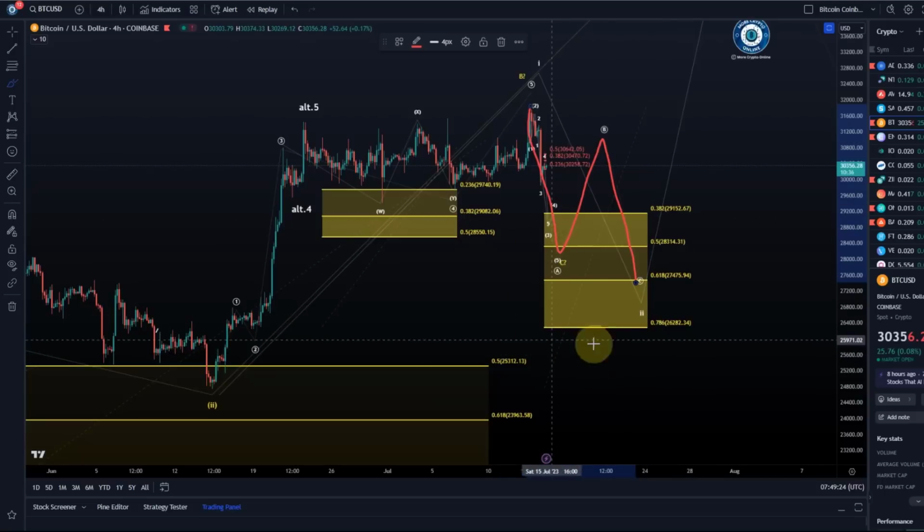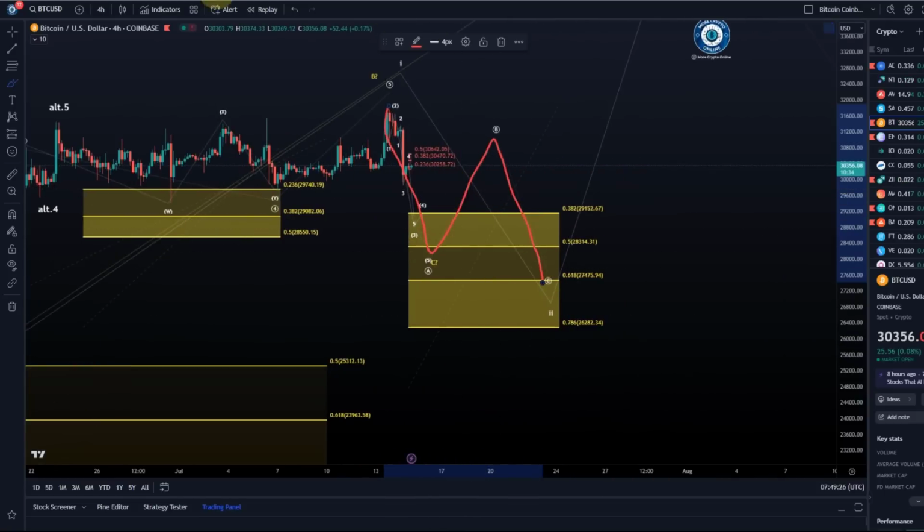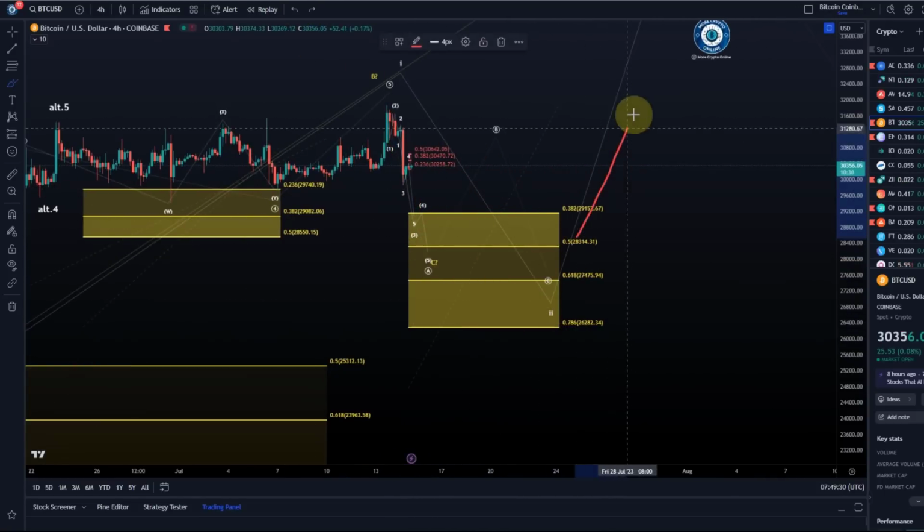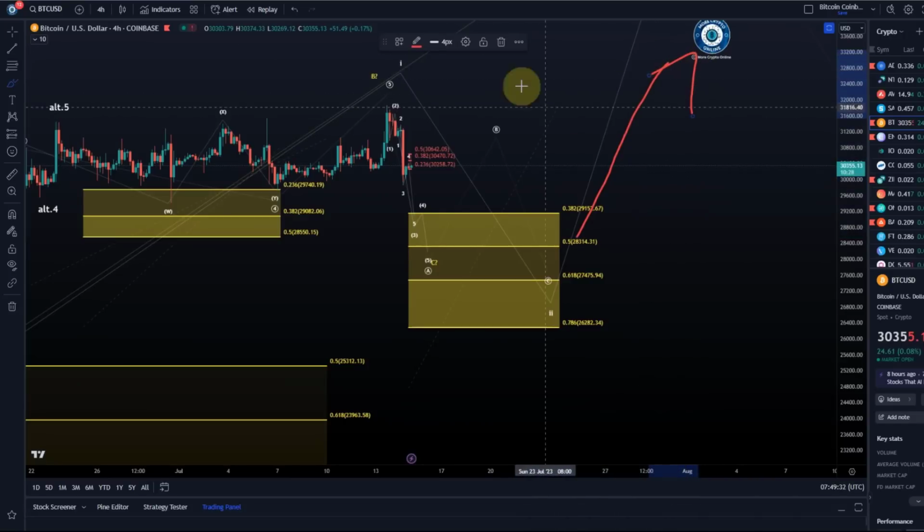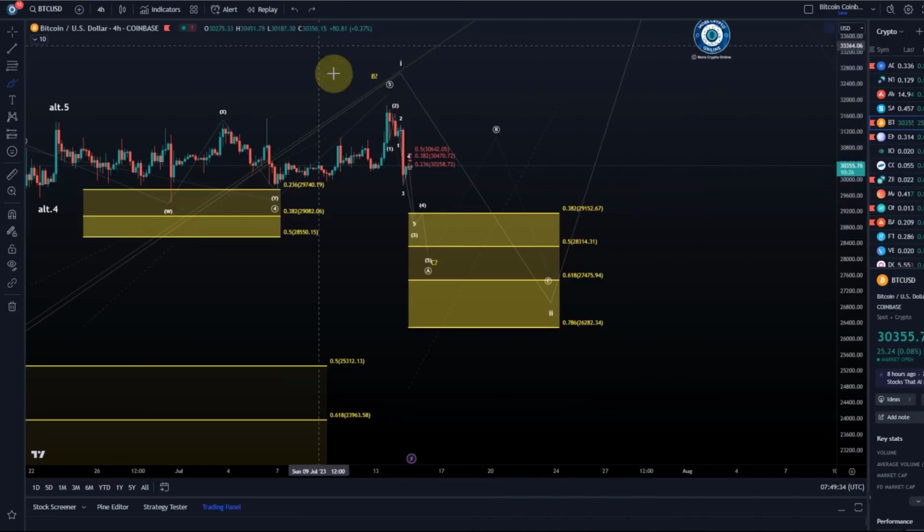I'm watching for this yellow support area as the area in which price should turn around to rally in a third wave afterwards, to possibly $40,000 plus. So that's been our plan for many months actually. So let's see if we get there. But obviously it needs to turn around before breaking 26,280. At the moment, it looks like this wave 2 has started.